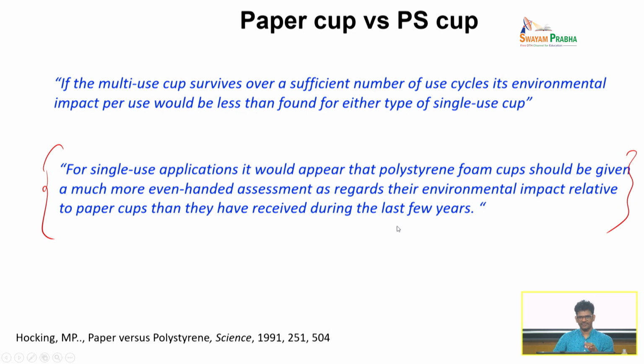When the time of this paper came, the transition was already happening in the US from plastic cups to paper cups, because it's a common intuition that paper is biodegradable, so let's move to paper. Okay, but this paper kind of justifies, if you really look at the details of what goes into making a paper cup, how much waste is created, how much energy is required, and how much environmental damage that causes. He's saying that it is not that superior compared to